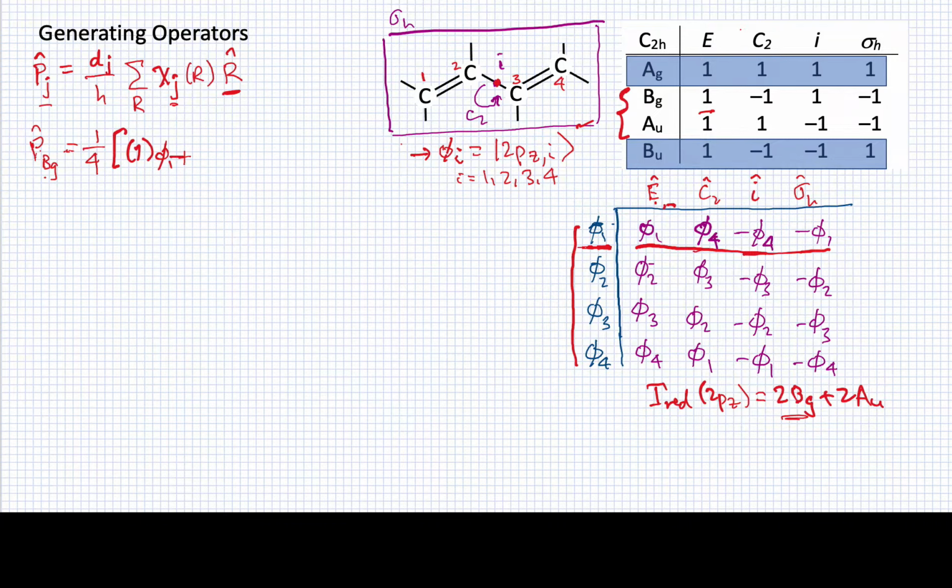plus the character of C2, which is going to be 1, times Phi4, which is the result of making that operation. And then I'll have plus